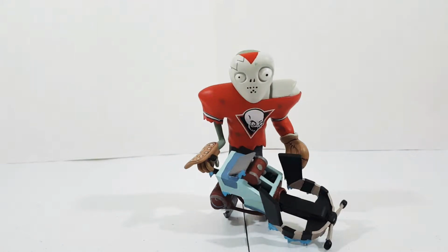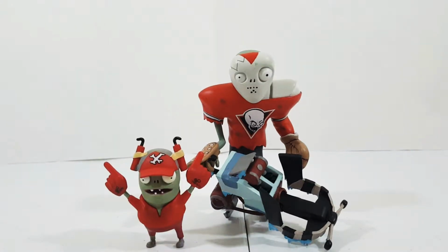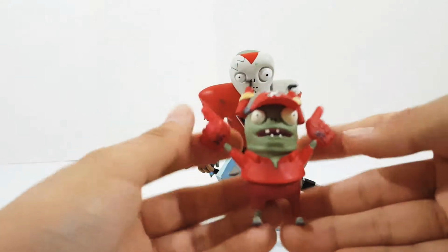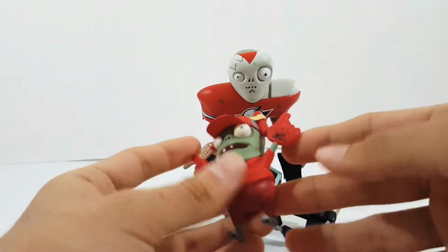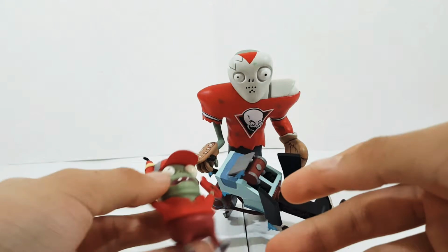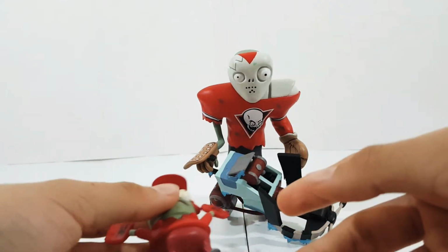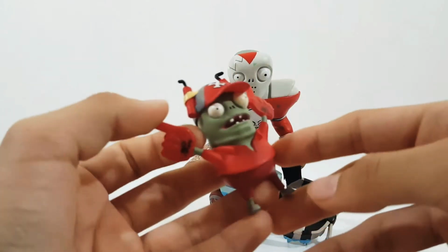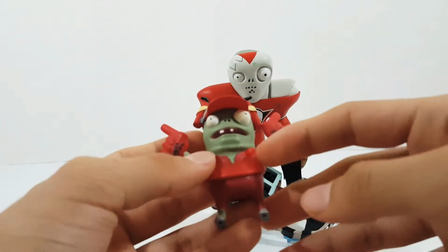Now, before we get into the posability, let's talk about the accessories that this guy has. He comes with the imp, and in the game, this is just like a bomb that this guy launched. There were two versions. One was just a normal version that just slid across the floor, and another one where he just shoots it up in the sky,